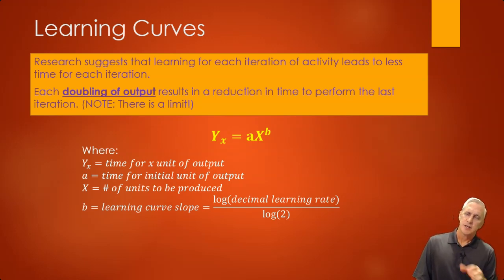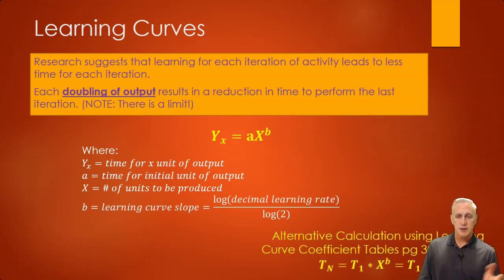So this equation you can do for any number of units. And then if you want to calculate all of the units, you would add up the time for all of them. We'll take a look at that. The other alternative that you can do for this calculation is using learning curve coefficient tables. In the latest version of the book, I think it's page 302. It's different pages in different books, but it's usually in the area where there's the homework problems. They have a table in here, but you can also find learning curve coefficient tables online. They're actually freely published, so you can find those.